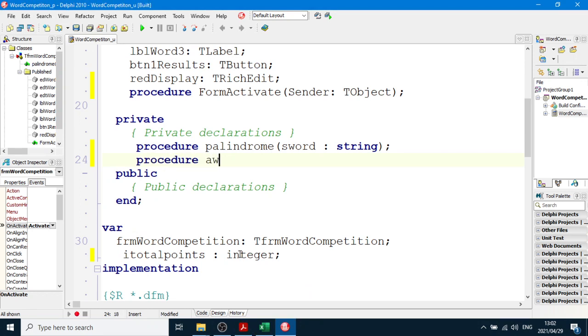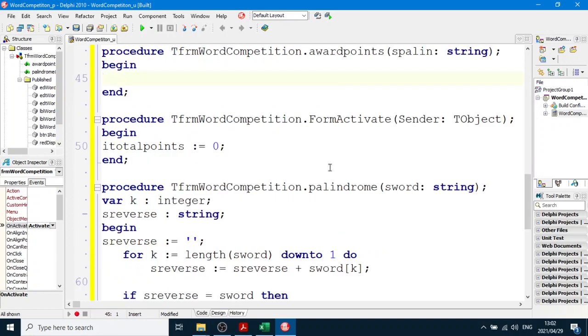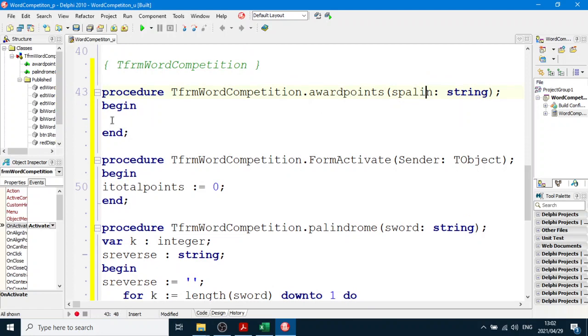Procedure award points. Now that's going to receive a string. I'm going to call it S palin, for want of a better word, just to show you can use any word that you want there when you write your header. So procedure award points, I'm just going to put any word I want here, colon string, highlight it, receiving a string, Control Shift C. Now we're going to take S palin and use the length of that and add it